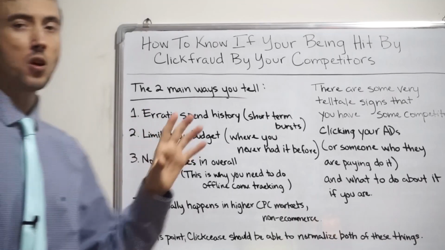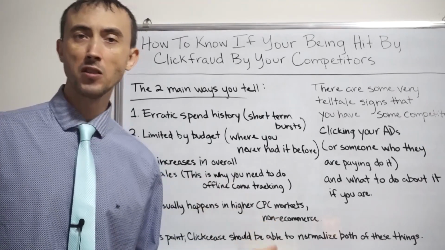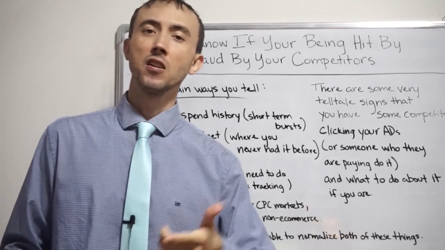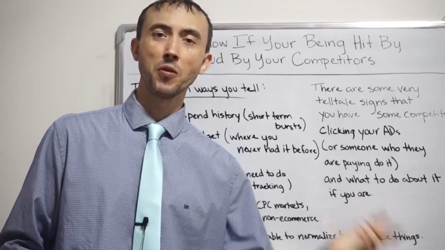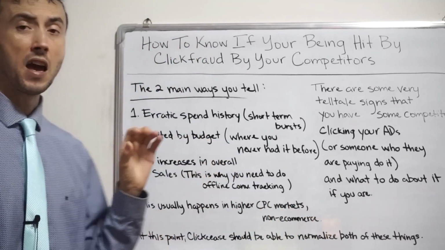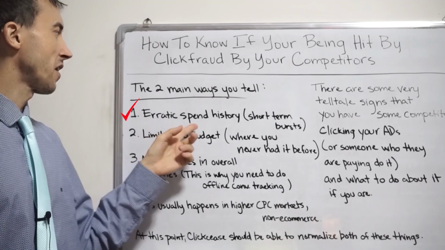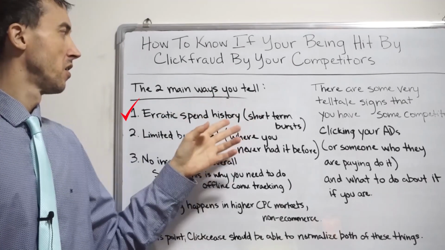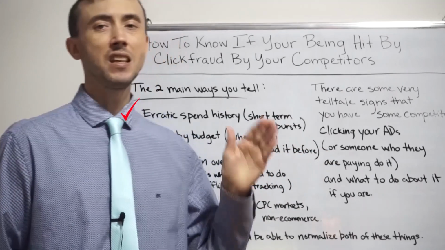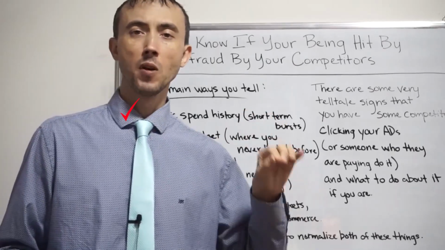So anyway, as far as the ways to tell definitively that it's happening to you, before you get the click fraud software, before you panic and make other changes on your account, thinking that what you did recently with your account is what threw it off, this is how you could tell definitively if you have an issue with click fraud on your account. The first would be erratic spend history, okay? In short-term bursts in the advertising spend. So if you look at a chart of your daily average spend on your Google Ads account,